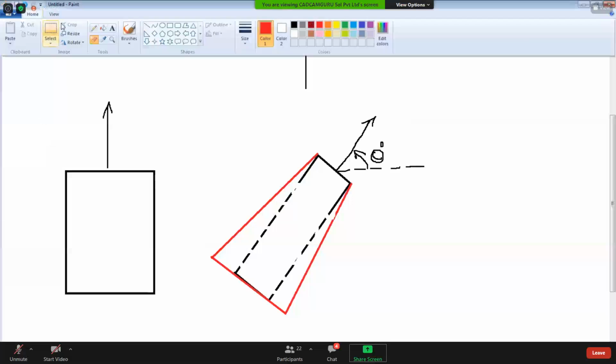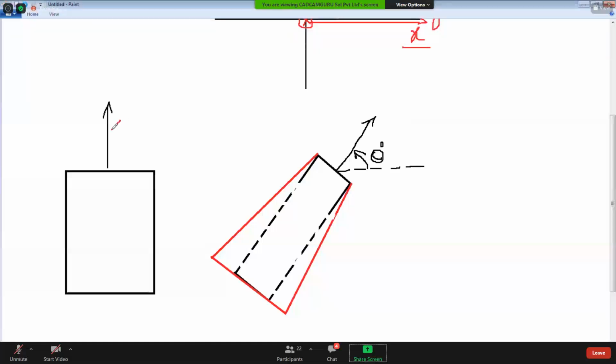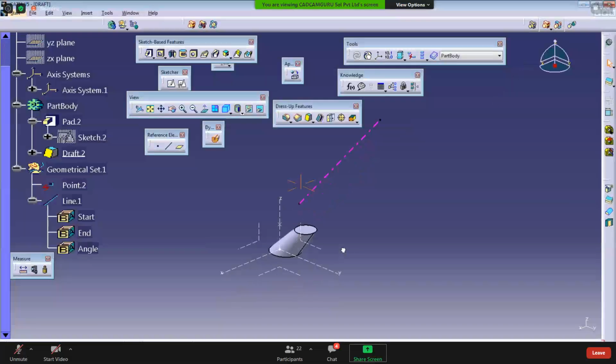Okay. So here is the perfect vertical tool direction, and this is also an inclined tool direction.